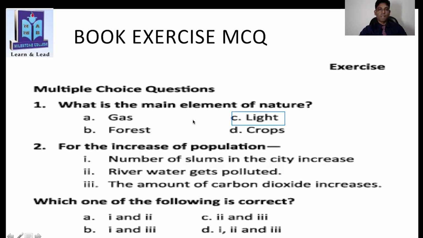Now, for the increase of population, the number of slums in the city increases, river water gets polluted, the amount of carbon dioxide increases. Which one will be the answer? A, B, C, or D? Absolutely correct. The answer will be D. So you can mark it from your book. Okay. Now students,